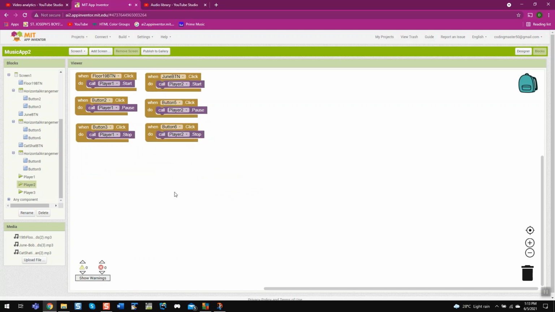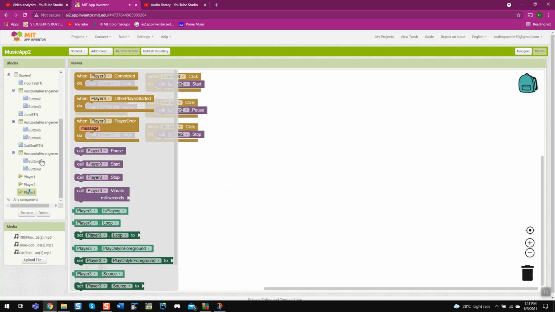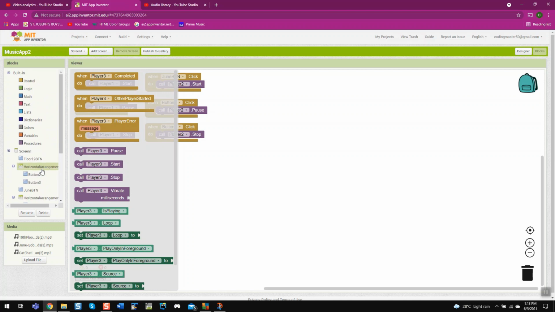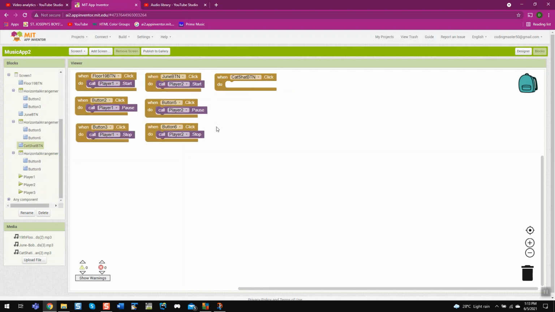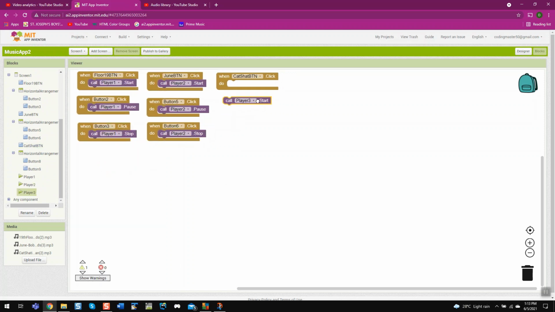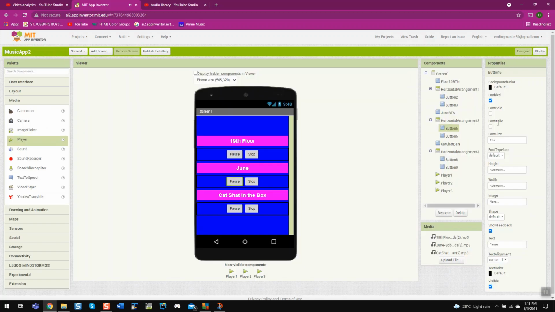See, now we need to do it for the last button. So when cat chat button dot click, we will put set player 3 dot start, and for button 8 and button 9, right?